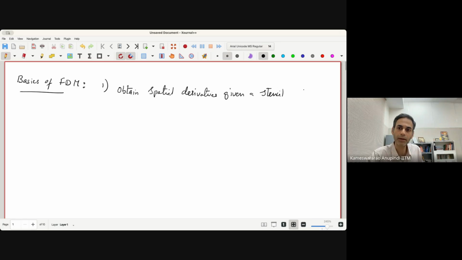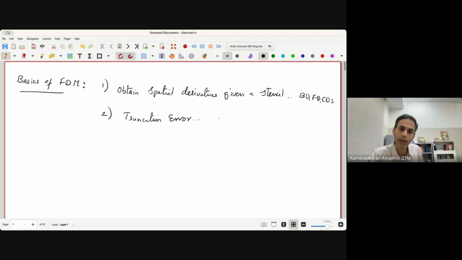We were able to calculate the first derivative to second order accuracy, the second derivative to second order accuracy, and so on. We also looked at the modified wave number approach. Then we looked at backward differencing schemes, forward differencing schemes, and central differencing schemes. Then we looked at how to calculate the truncation error